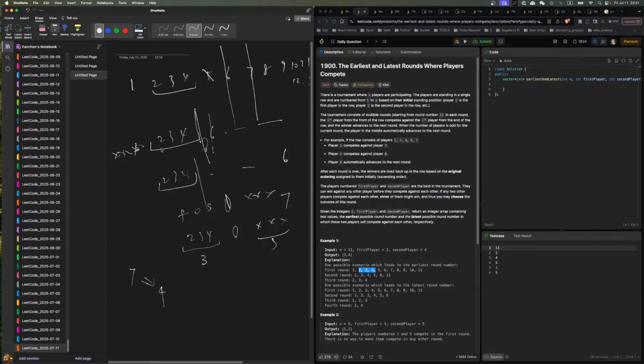Because this is an odd number, and 4 is an even number. So if it's odd, not necessarily, right? Because this works by having